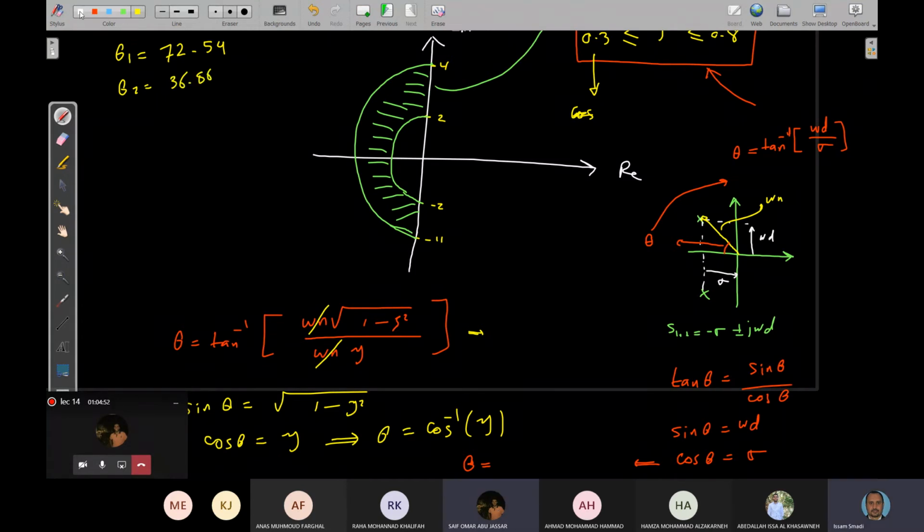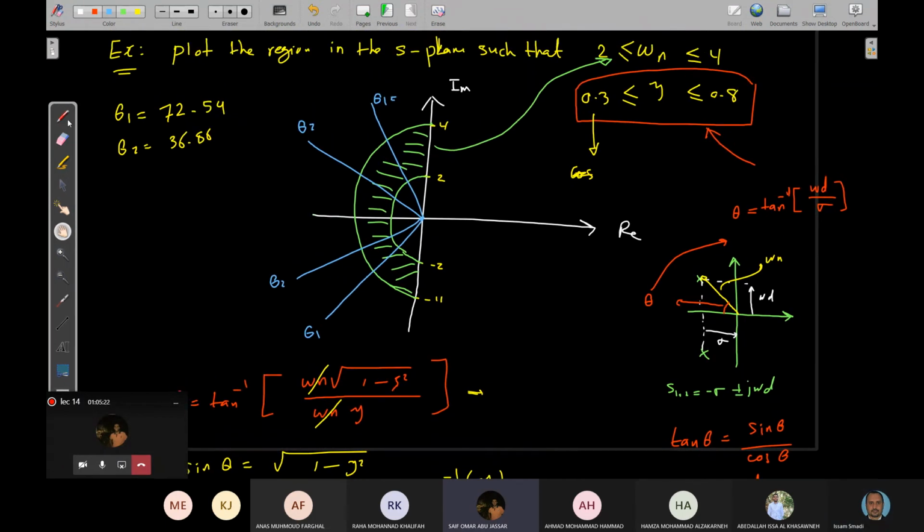Thank you. So simply here I will draw two lines, correct? Two lines, one with angle equal to theta 1 and the second one with angle equal to theta 2. The same thing I will do here. It must be symmetric. This one is theta 1 and this one is theta 2, and this one is theta 2 and this one is theta 1. So zeta here is equal to what? 0.3, the small